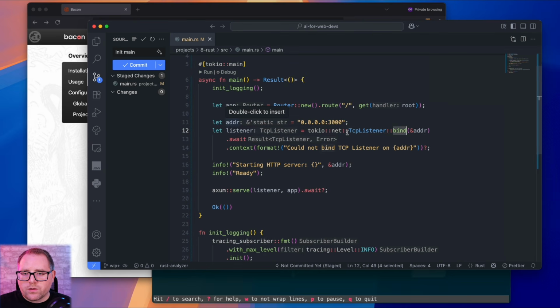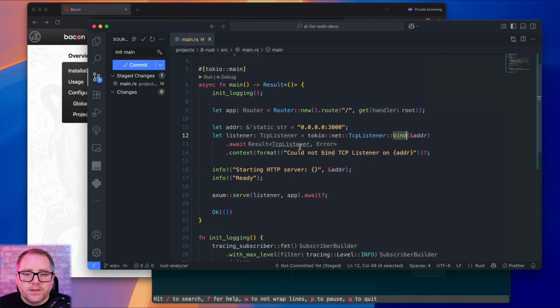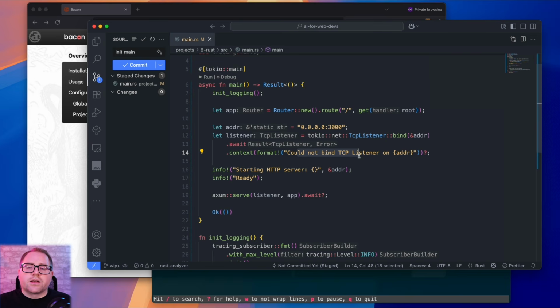So Tokio is going to listen on 0.0.0.0, which is not 127, because 127 is localhost. 0.0.0.0 is everything, port 3000. And if it fails to bind, like maybe you've got another app listening on 3000, this is what it would show you. And then otherwise, starting, it's ready, and we're serving it.